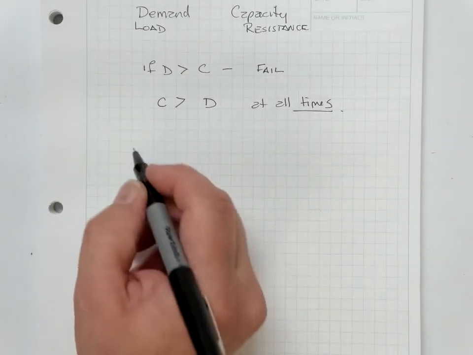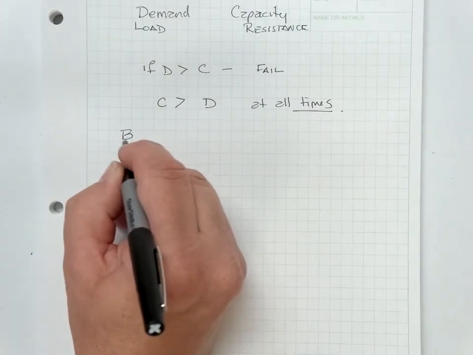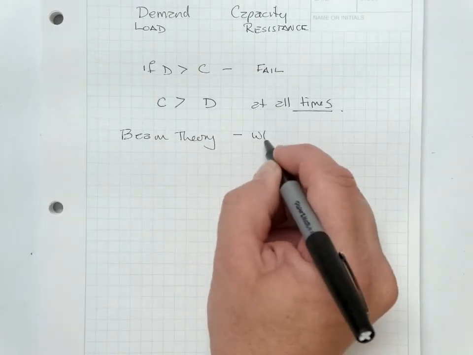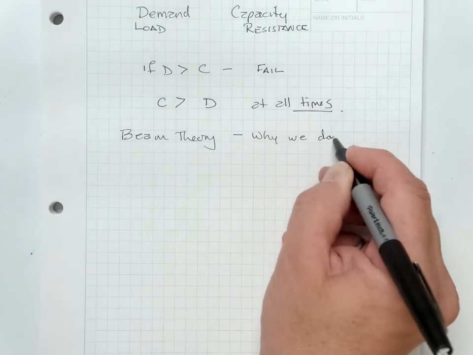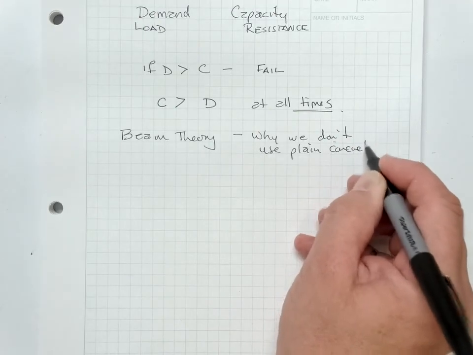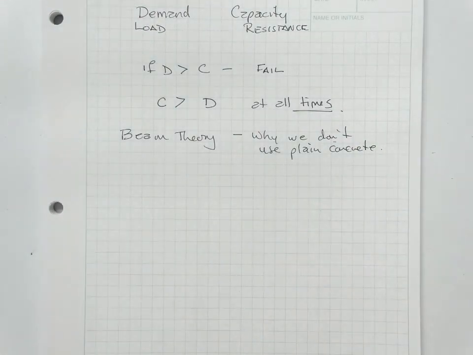So let's do a consideration of a little bit of beam theory. And this will tell us why we don't use plain concrete. There's a handout up on the Canvas site, an introduction to elementary beam theory, as a reminder for you. Those of you who are taking wood and steel right now from Dean, have you got to Euler's assumptions? Maybe you might not call them those, but